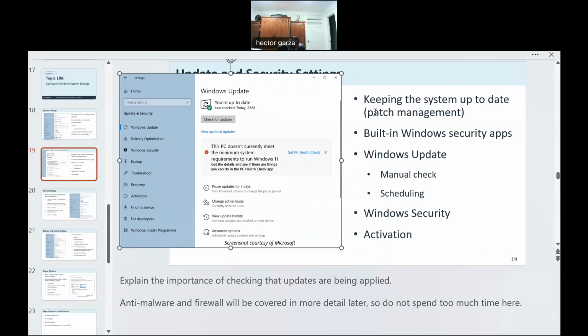And it has other options. If you say notify me before you install the updates, and you have other options. So those would be under the security option of your settings. Built-in Windows security apps, whatever apps are built in, you can also configure those. I know that they have the Windows Defender and they have a Windows Firewall. You can go in there and configure that to protect your system from viruses, for example, or from unauthorized